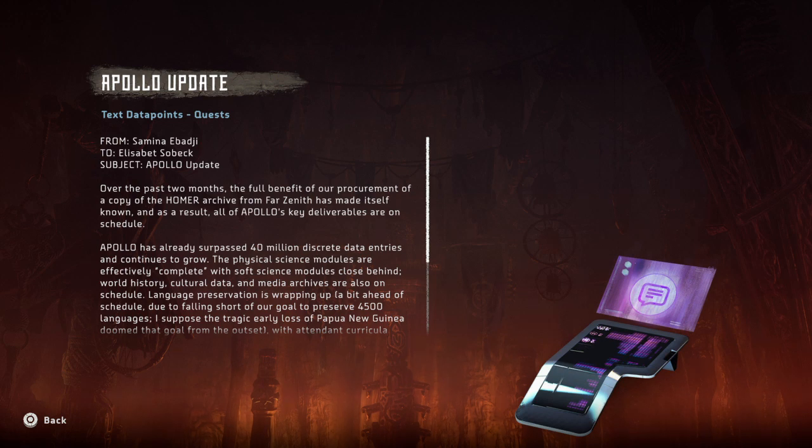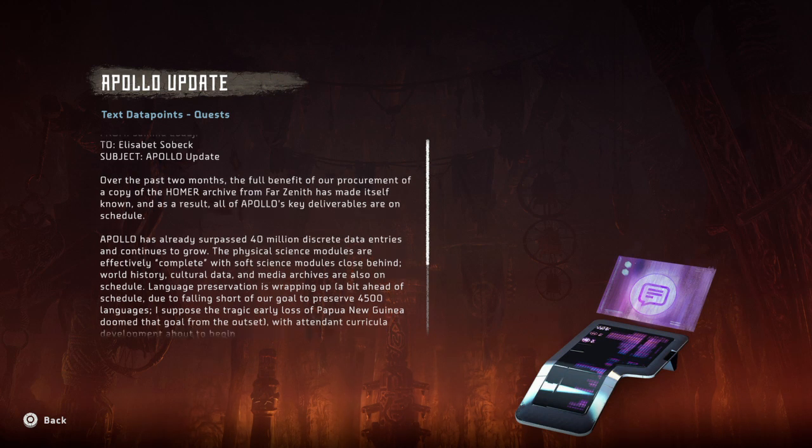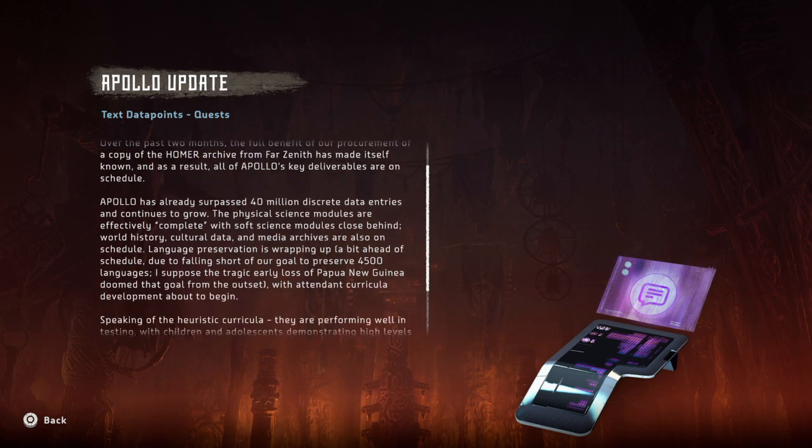Apollo has already surpassed 40 million discrete data entries and continues to grow. The physical science modules are effectively complete, with soft science modules close behind. World history, cultural data, and media archives are also on schedule. Language preservation is wrapping up a bit ahead of schedule due to falling short of our goal to preserve 4,500 languages. I suppose the tragic early loss of Papua New Guinea doomed that goal from the outset,